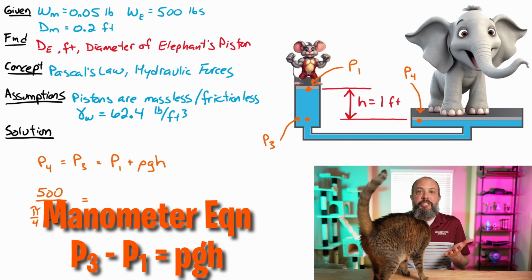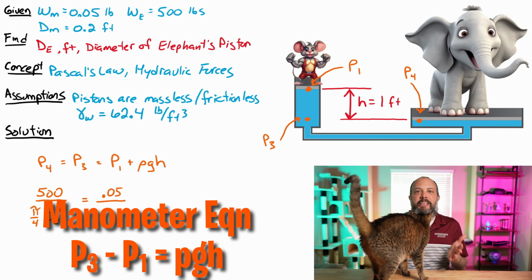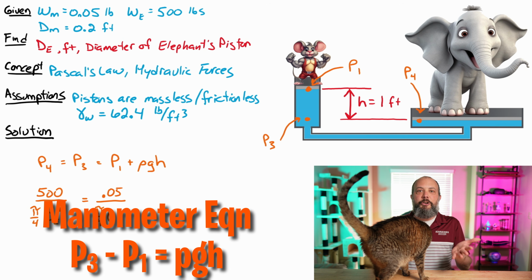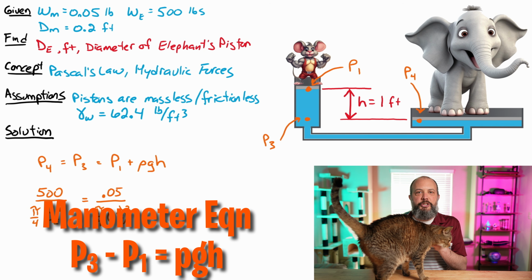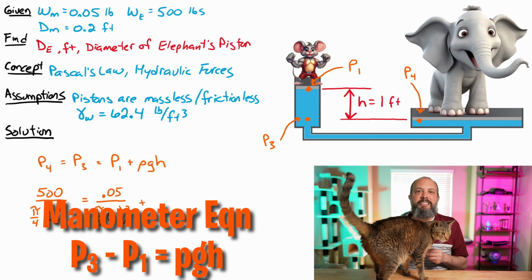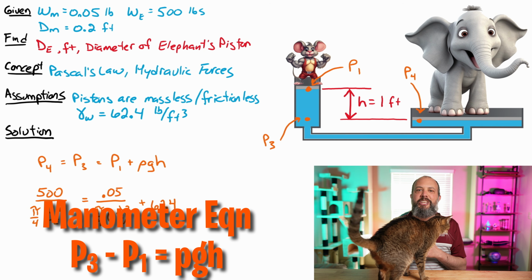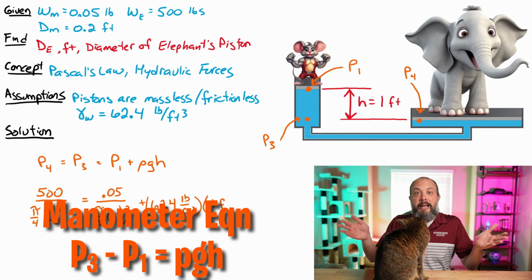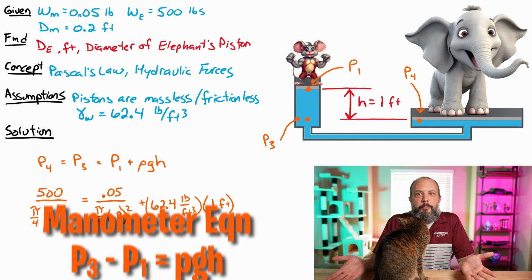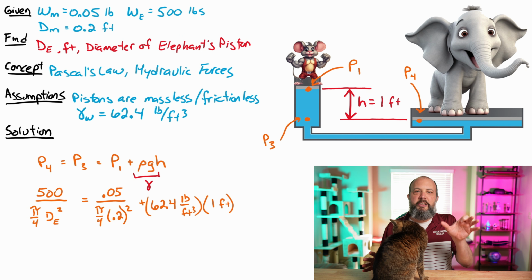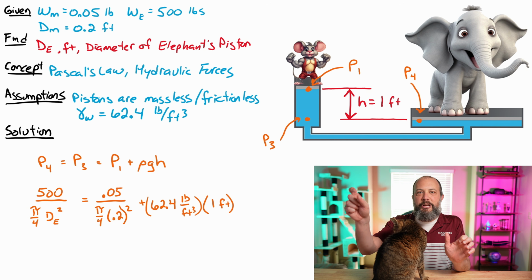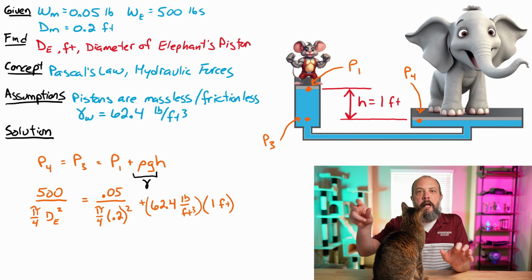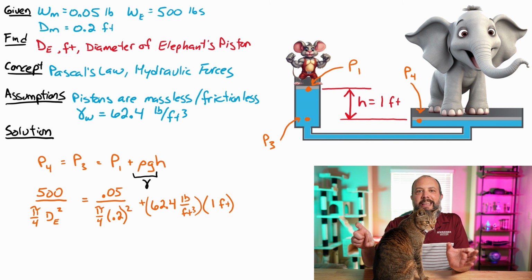And you can solve for this change of pressure using the hydrostatic equation, also called the manometer equation, that the change in pressure as you go deeper in a fluid is going to be equal to rho gh. That is the density of the fluid times gravity times the change in height or the change in depth. So this time the equilibrium equation is that the pressure on the elephant side is going to be equal to the pressure under the mouse's piston plus rho gh due to that extra column of water,